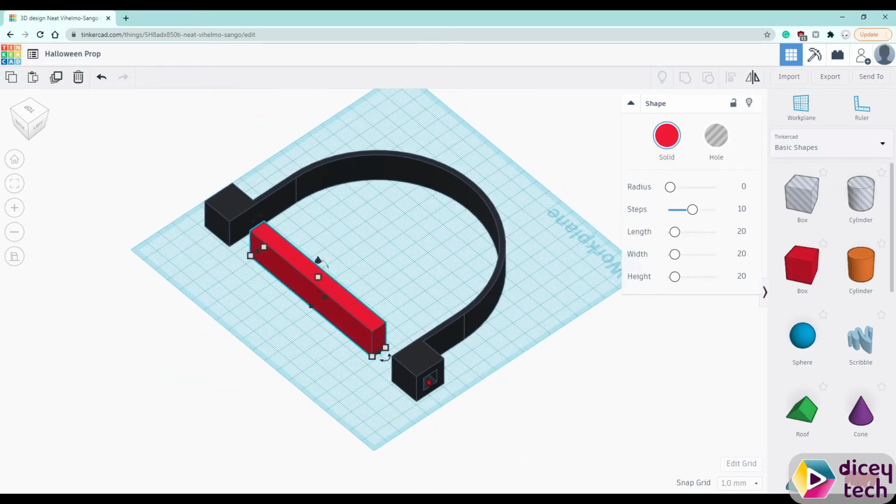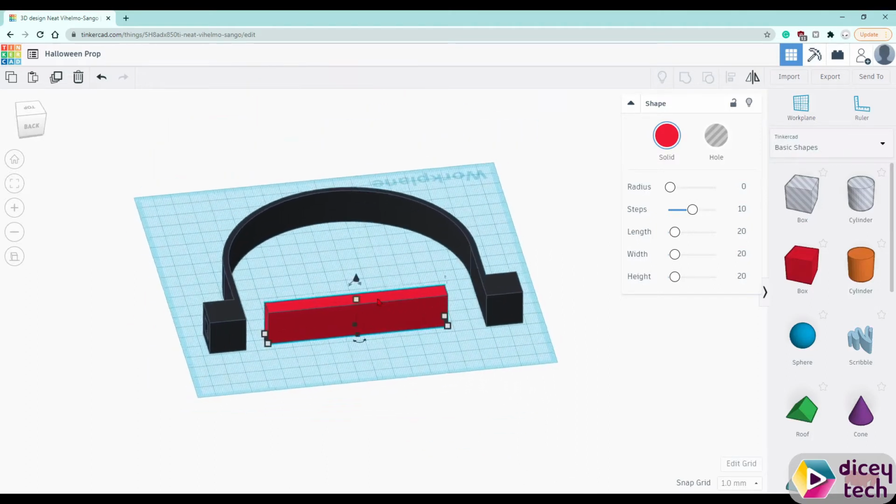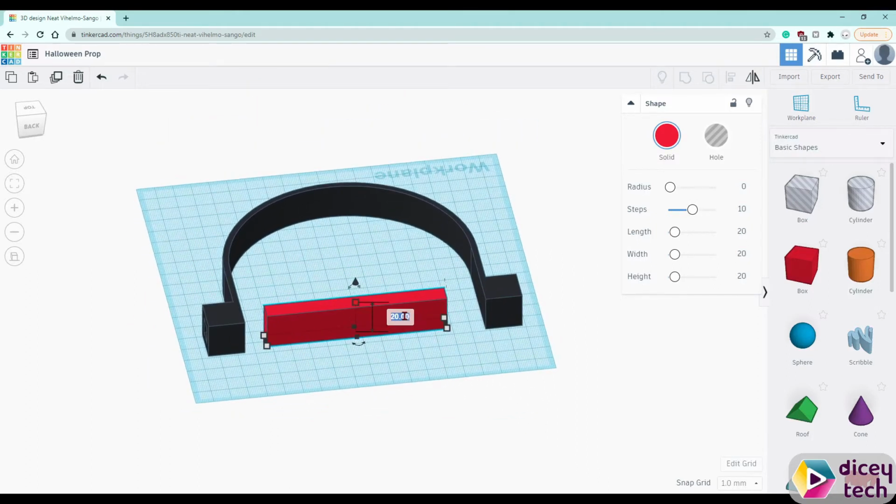Because this part here is 10 and you need it to have an extra gap, so when you print it out you can slide it in, whereas if you put it as 10 you won't be able to slide it in at all. There'll be way too much friction. So once you have that, change the height to 9.7 as well,